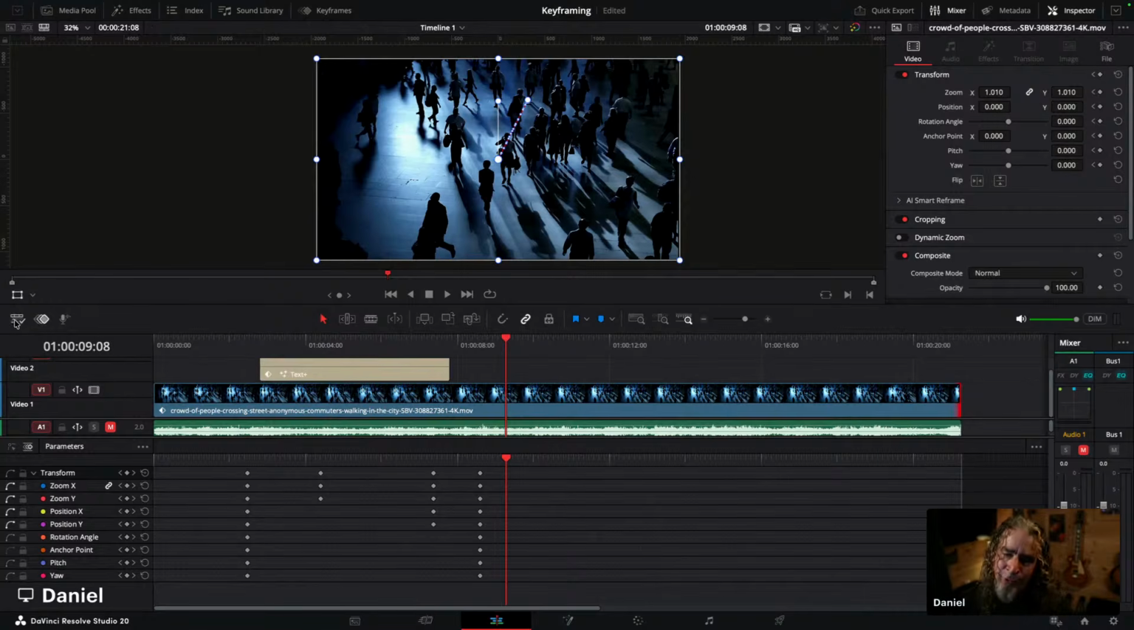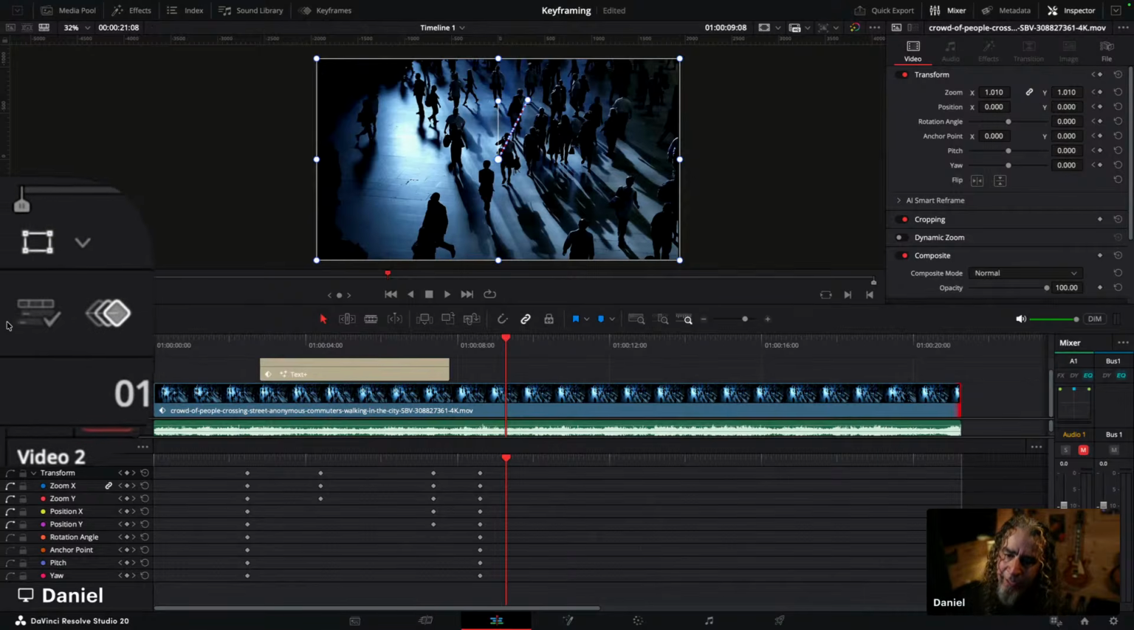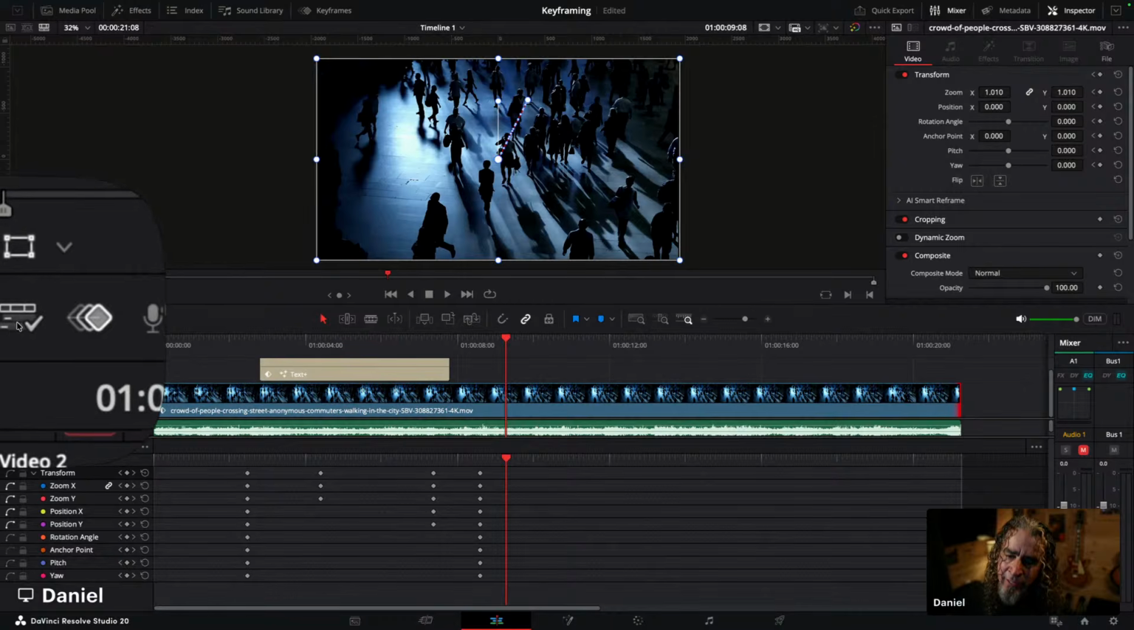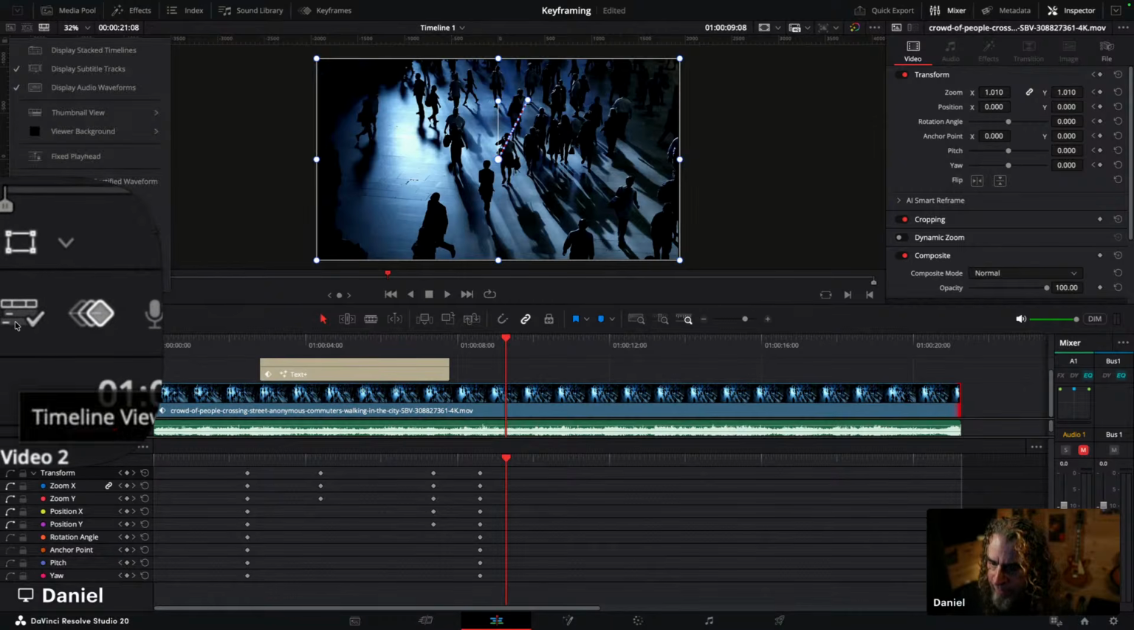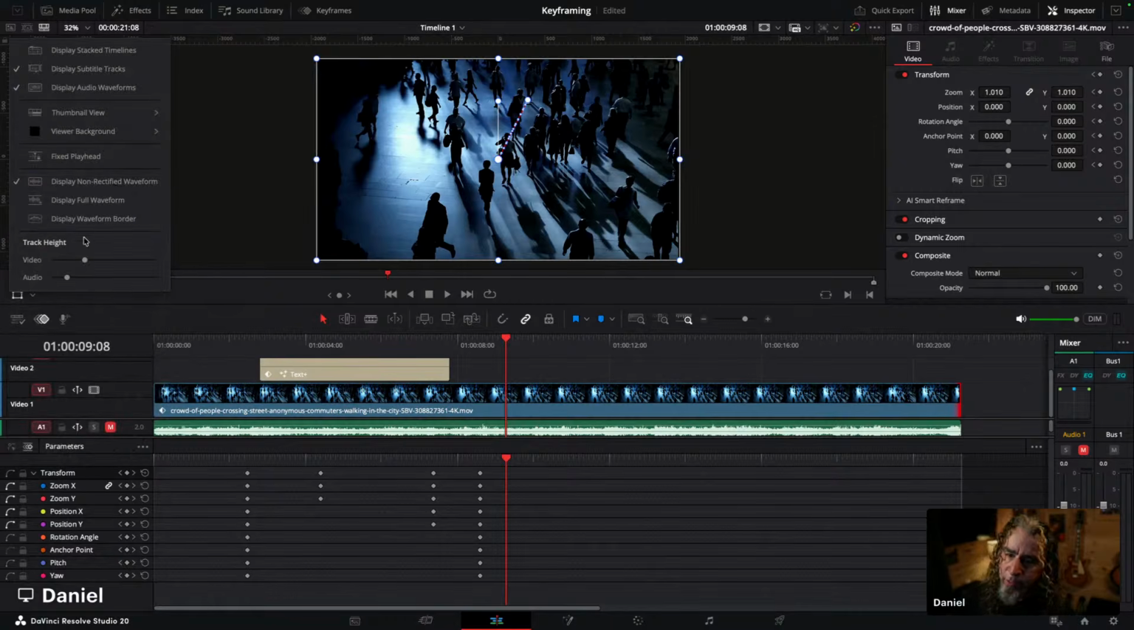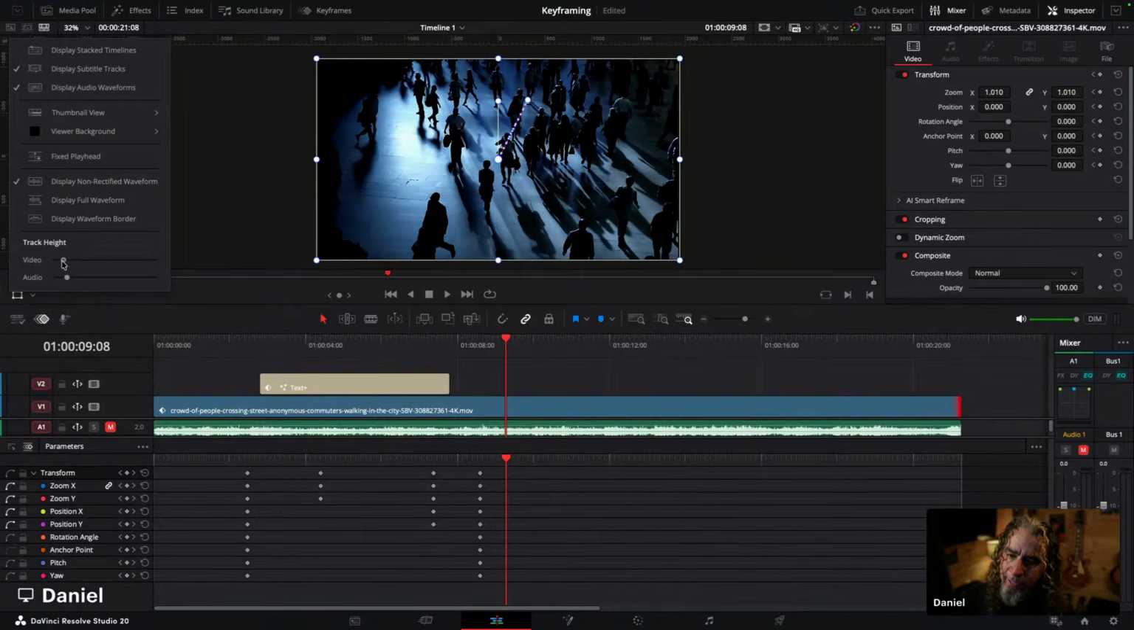And there's all little games you can play. Over here, there is a timeline adjustments right there, that little check mark. If you click on that, that's going to give you the option to change track heights for all the tracks, video right there, audio, so